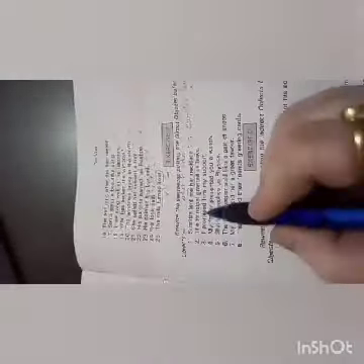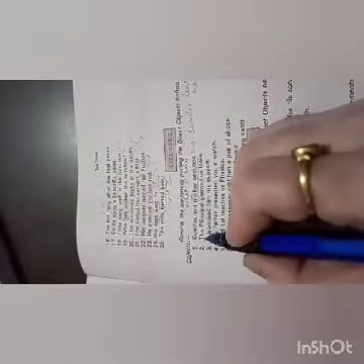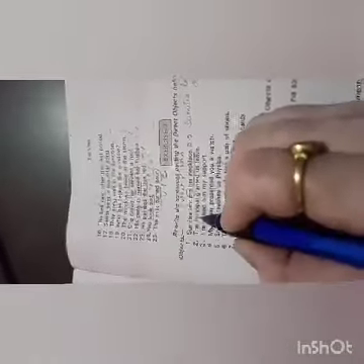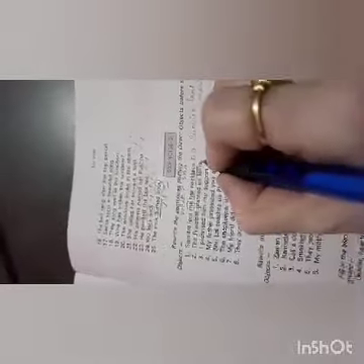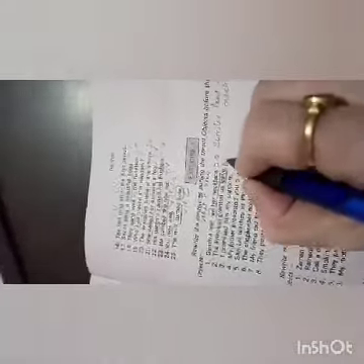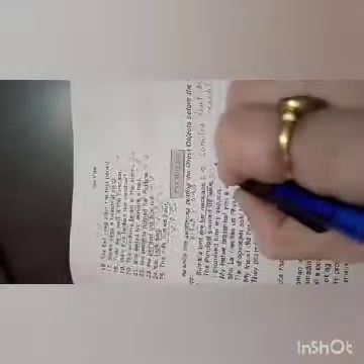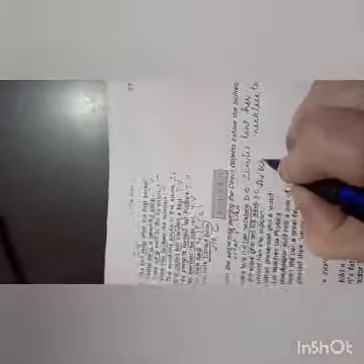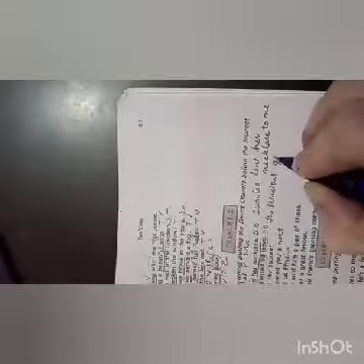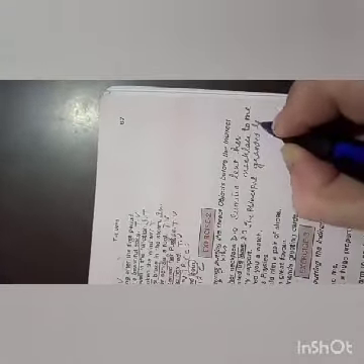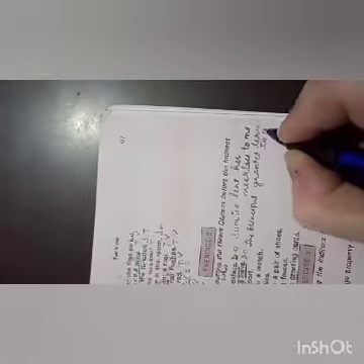This is how you're going to write down in all the rest of the sentences. You're going to solve it on your own. I'll solve this one also for you. The principal granted us leave. The principal granted what? Leave. So leave is the direct object. You have to put the direct object before the indirect object. This is the indirect object. So how will you write? The principal granted leave to us. Clear? You have to rewrite the sentence. So I hope you're going to solve this on your own. We solve it and it will be practice for you. Clear? Next, come to this.